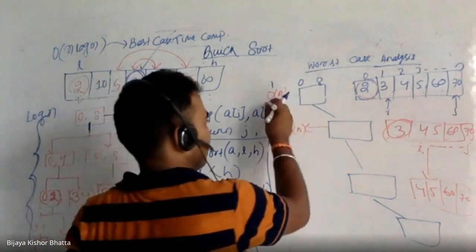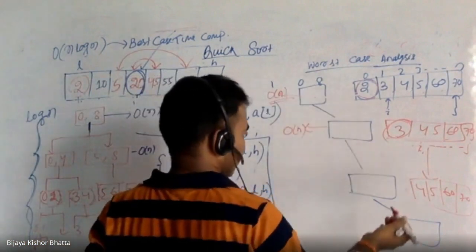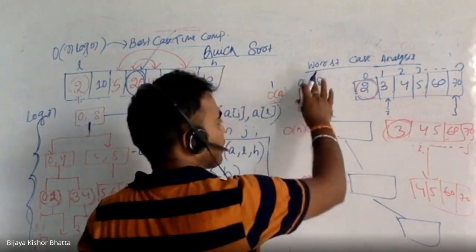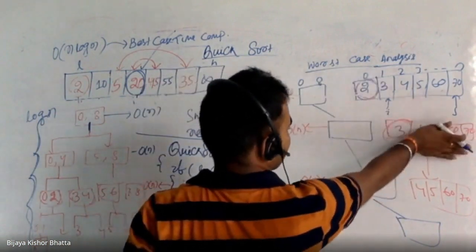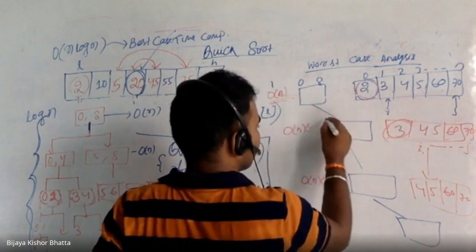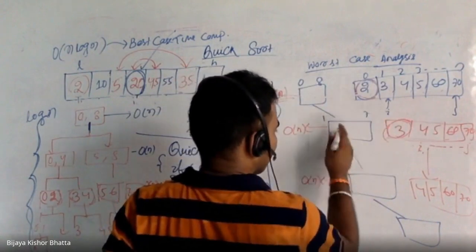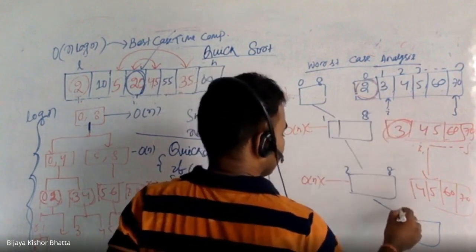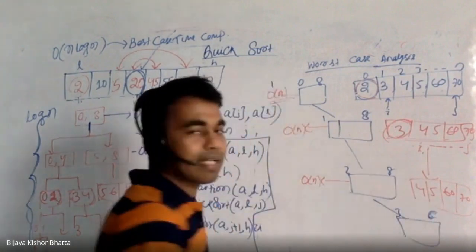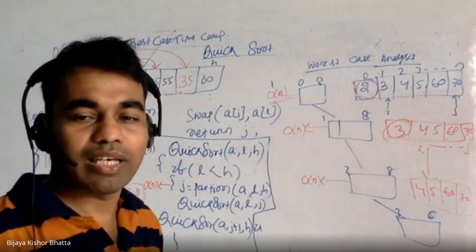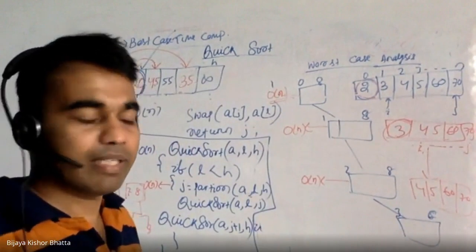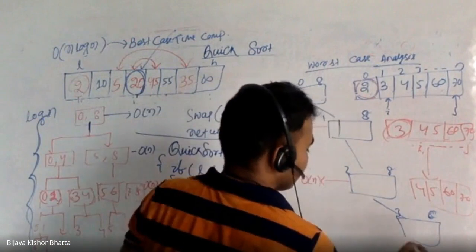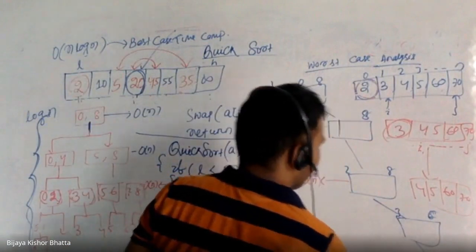But here big O of n is for every partition, again that is the same, but what is the height of the tree, right? Because this only contains one element, and the rest of the elements, 0 to 8 means it is going to be 1 to 8, 2 to 8, 3 to 8, that means only one element at a time, right? So at any particular step it is taking only one element. So what will be the height of the tree? The height of the tree is going to be big O of n.